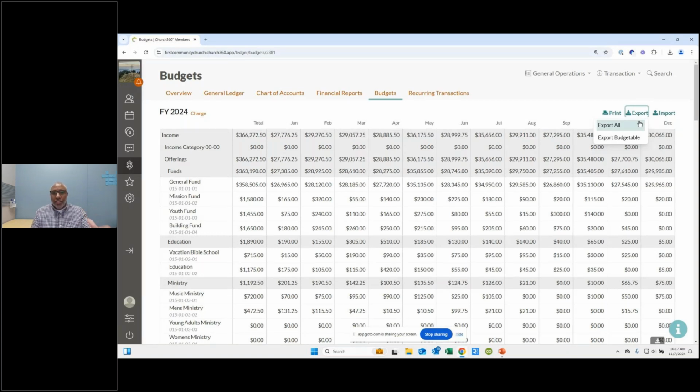Export budgetable are just going to be the accounts that are designated as being budgetable, even though I don't think that's a word. But budgetable means that they've been designated on their account, not detail page, but when you're in chart of accounts, you can edit account, you can check a box that says this account has a budget.